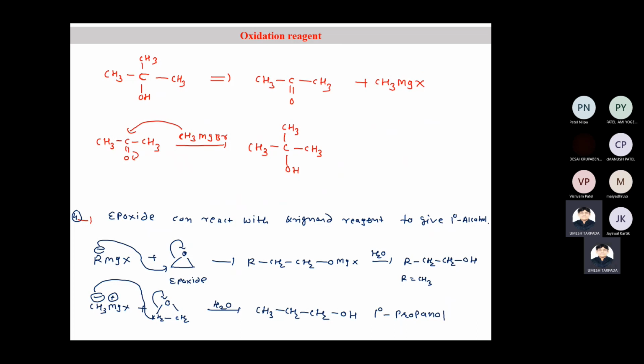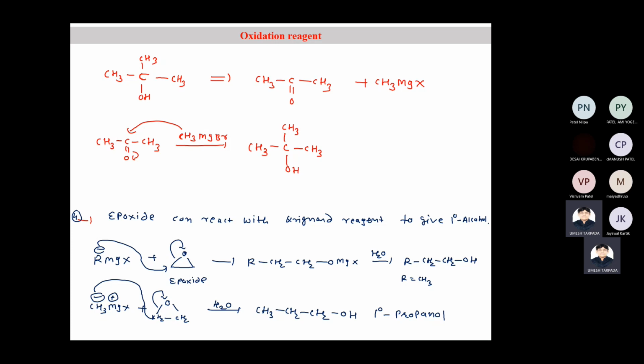Grignard reaction, where, when you add Grignard reagent into epoxide, you get primary alcohol. And the second alternate way of getting primary alcohol is the reaction of formaldehyde with Grignard reagents. Formaldehyde can be added to Grignard reagents, and then you also get primary alcohol. So this is the source of primary alcohol. We have already completed this.